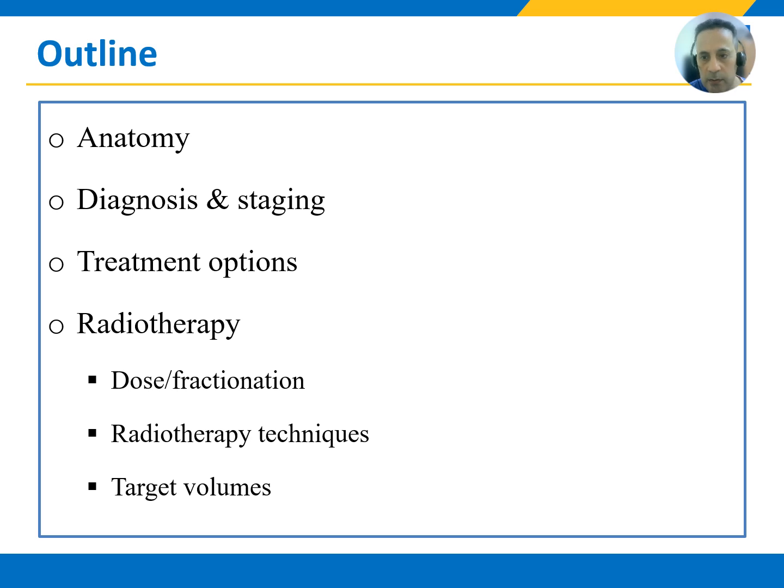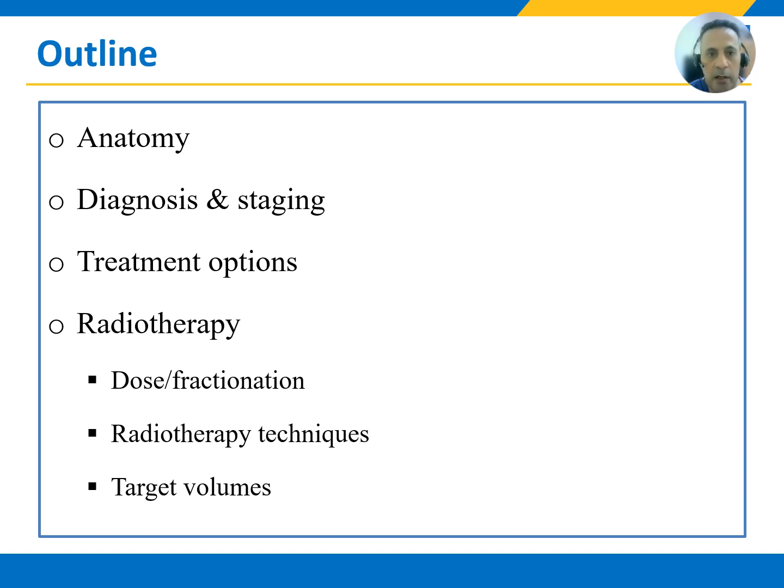In the next 25 minutes, I will discuss key anatomical features important for understanding laryngeal cancer and its treatment, explain the diagnostic process for early stage disease, discuss the staging criteria and its significance, and treatment planning, outline the various treatment options for early stage laryngeal cancer, emphasize the role of radiotherapy in the treatment plan, discuss the radiation doses and the fractionation schedules used in treating early stage laryngeal cancer, and explain the rationale behind the chosen doses and